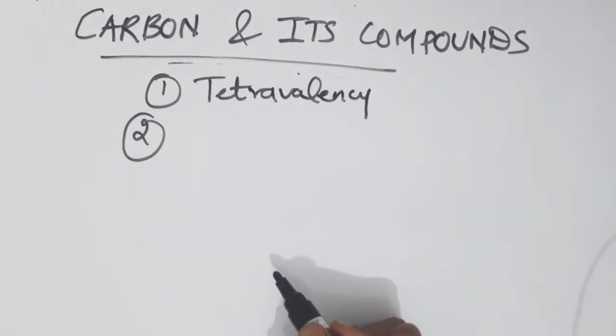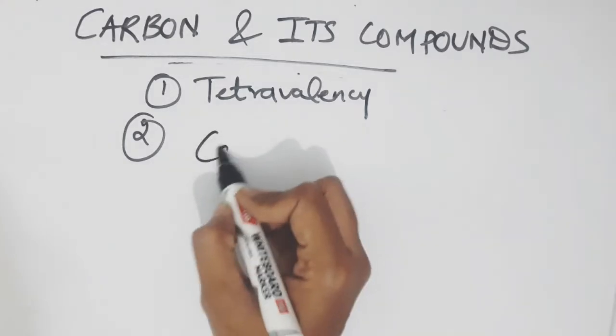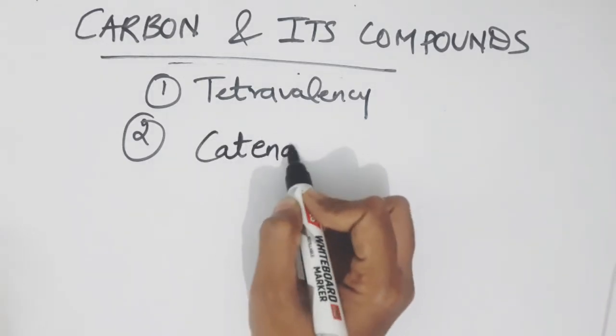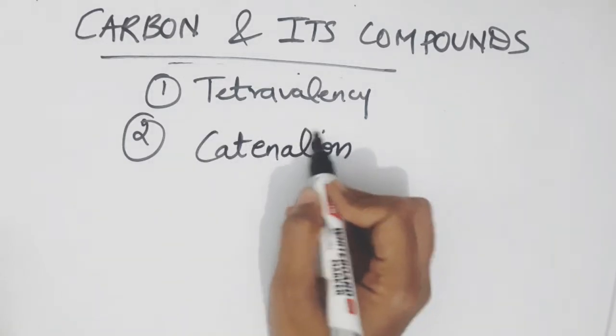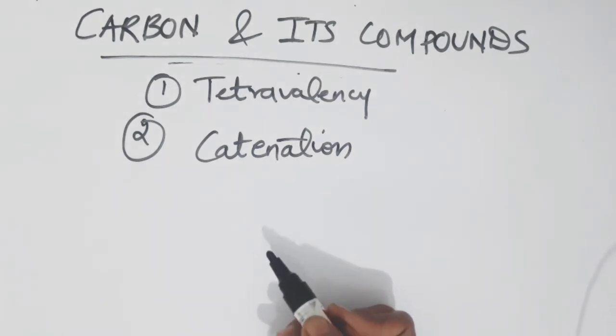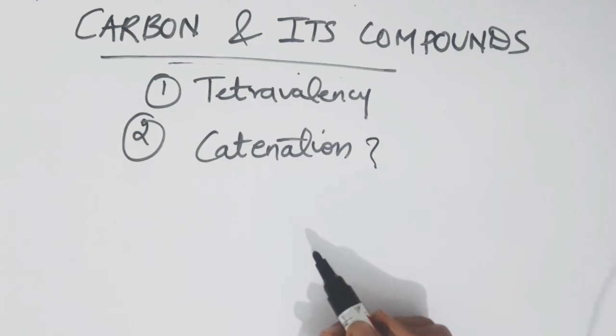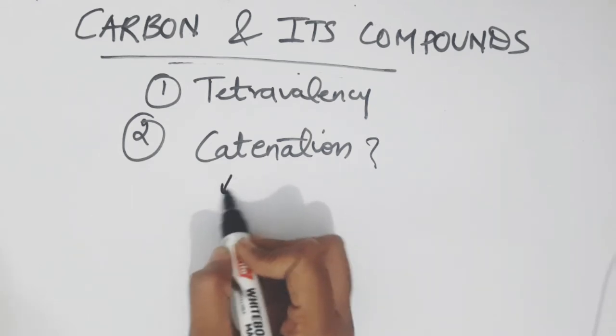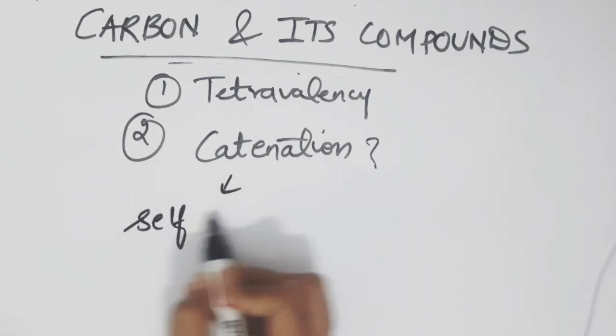Now the second important point is the property of catenation. Carbon shows the property of catenation. Now what do you mean by catenation? The term catenation means the property of self-linking of carbon atoms